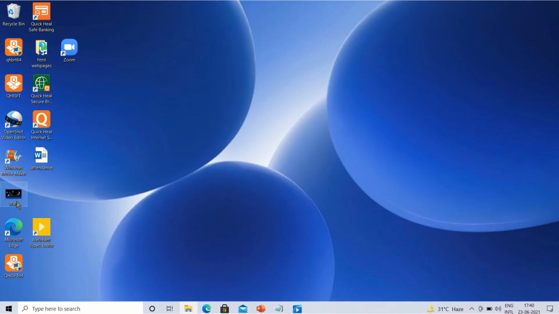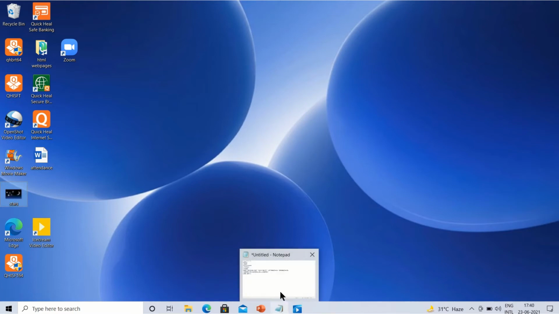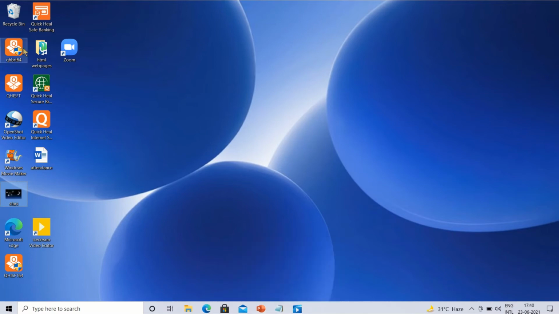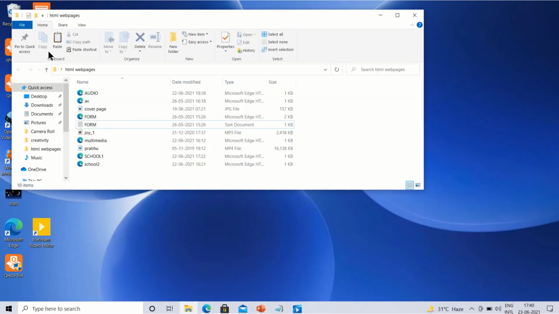Like this, it is there by the name stars. So this file we will copy by Ctrl C and paste in the folder which we are using for making web pages, and like this it is saved.